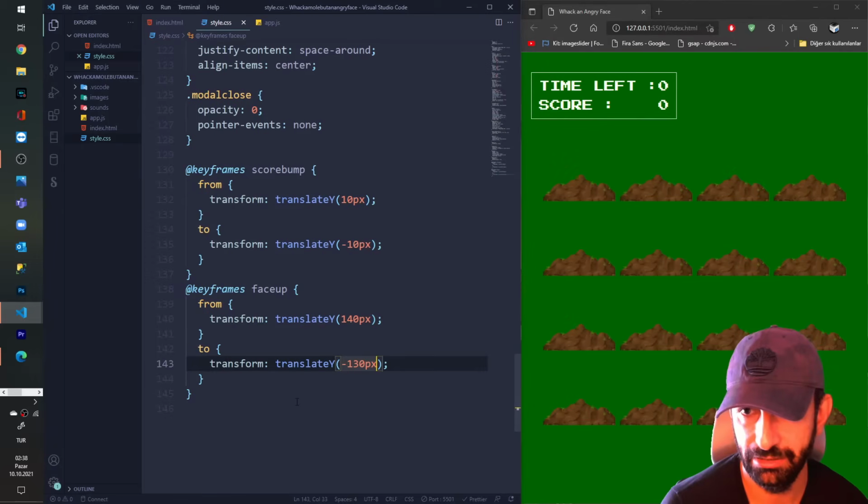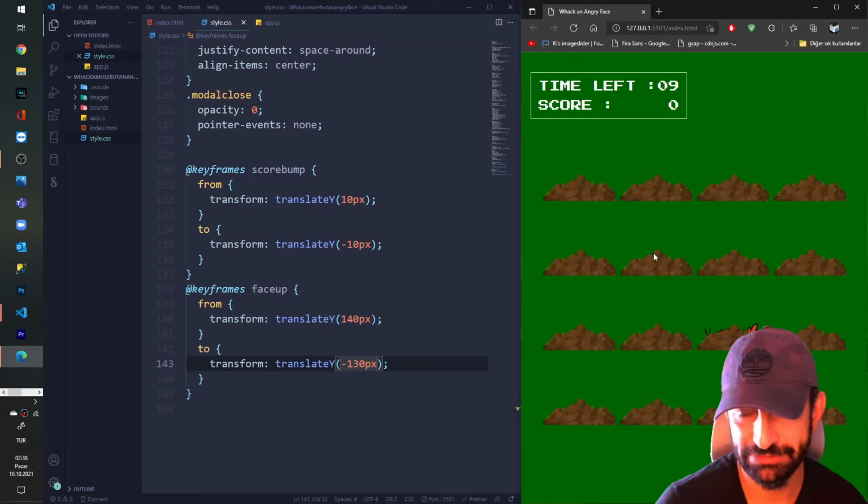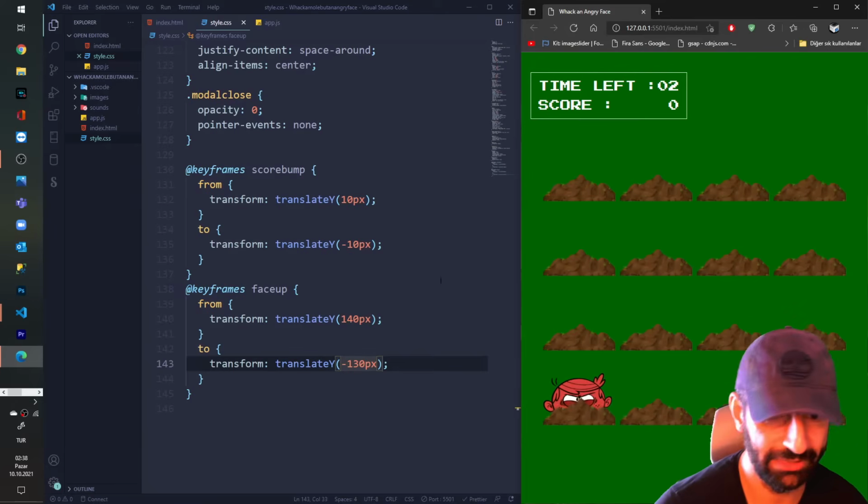Okay, now the face is seen. Let's start the game and randomize one face. Yeah, the face is seen, but it pops out because we don't have the face down animation.